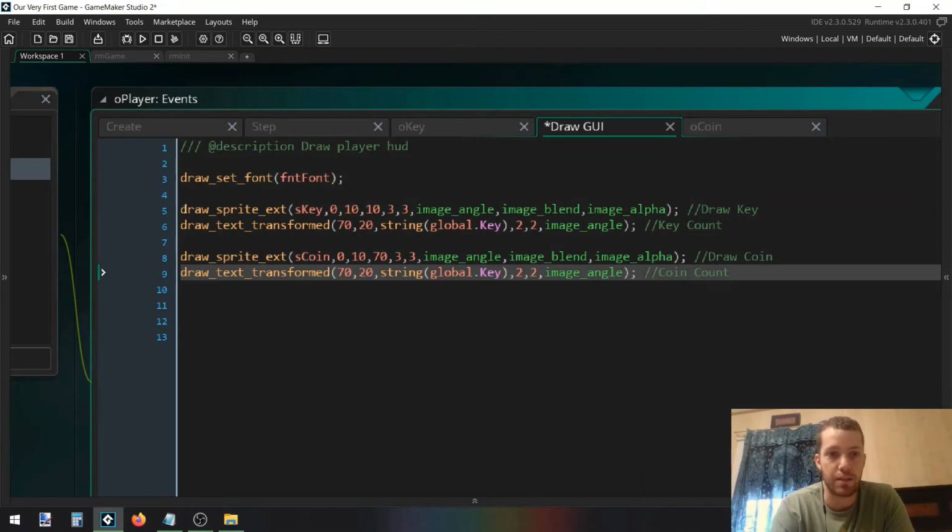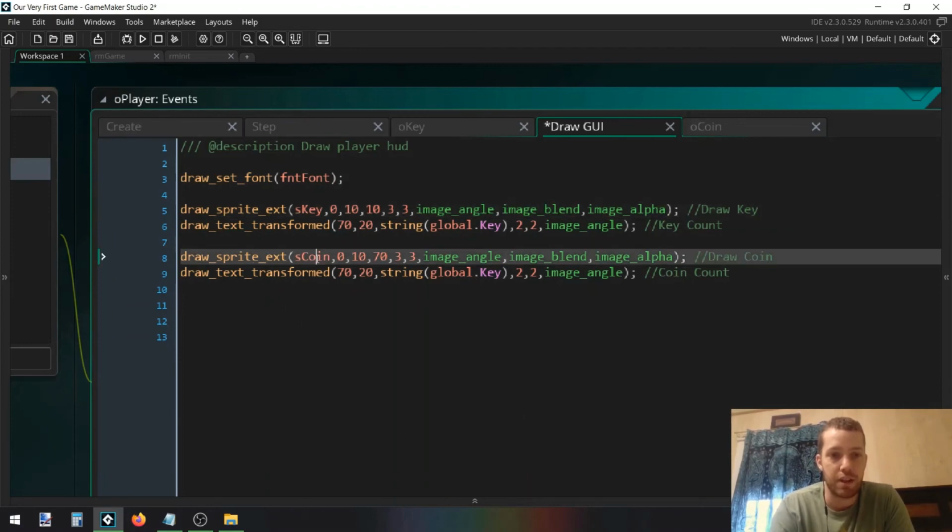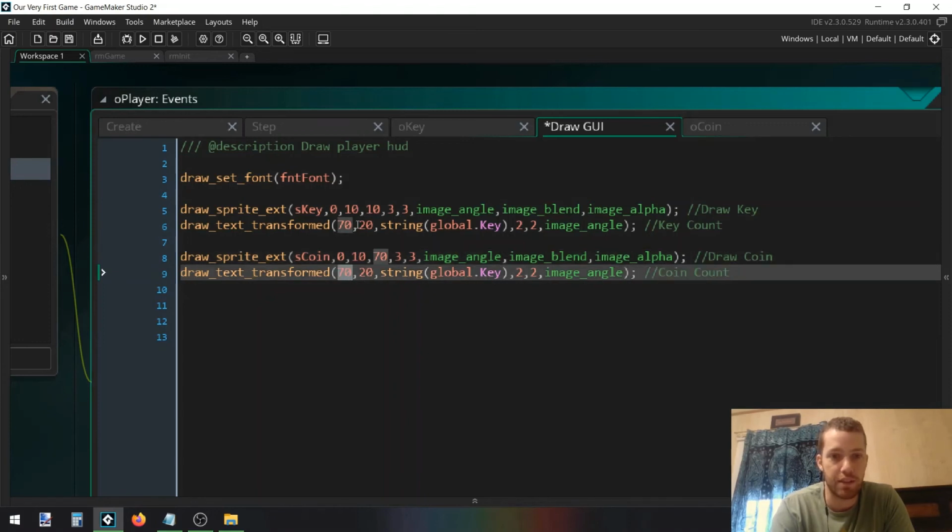So now I'll go over it again. I'm just kind of shuffling stuff all over the place. So draw sprite extended. This is for our key up top. And it's drawing at X10, Y10 on the key. Now down in this row, we're doing the coin. So X10, Y70. If we're going to follow suit, we'll do X70 here and Y80. And we should have,